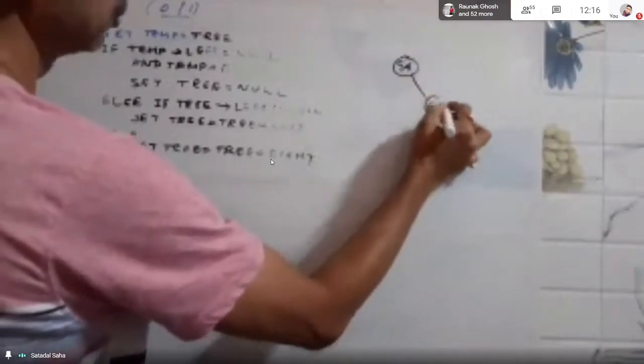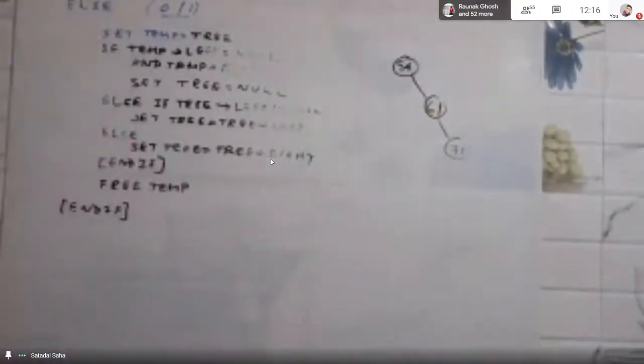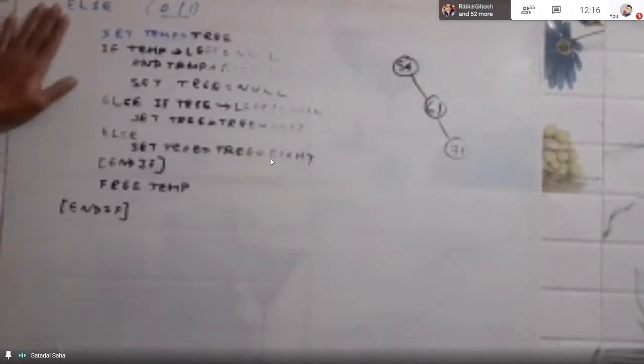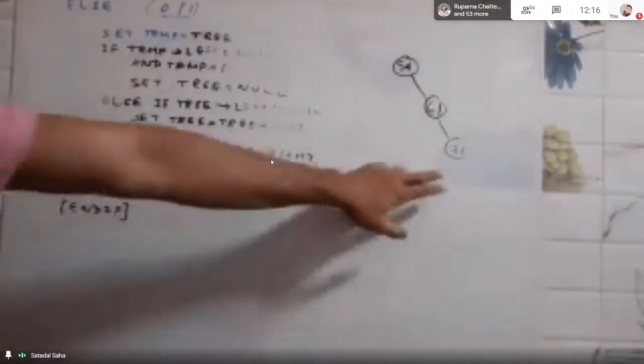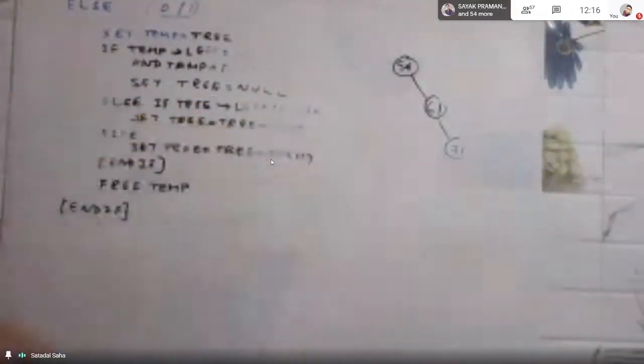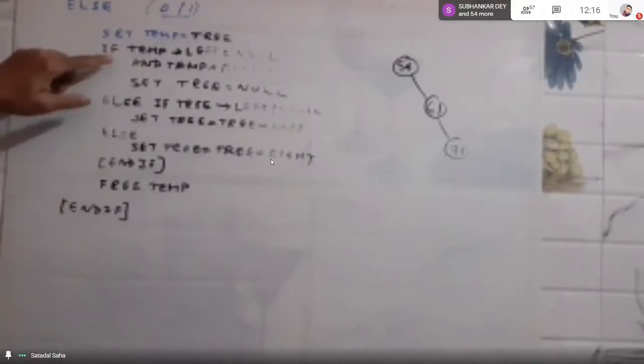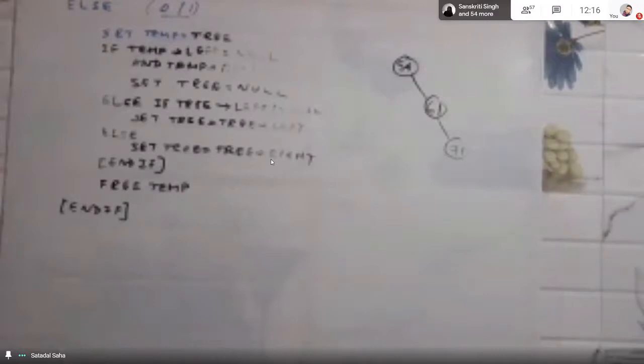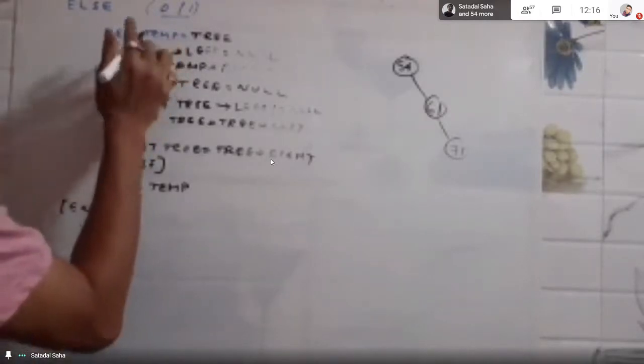Maybe I am showing only one case. Let us say t of n equal to 64 t of n by 8 minus n square log n. So if you see this, generally there is a problem. We do some work and then the problem will get divided into some sub problems. But here it is saying that if we don't do work, the problem is getting divided into sub problems. Therefore, whenever you have minus, it is not a valid question according to Master's theorem. So we cannot apply Master's theorem for this one. Okay. Next one.